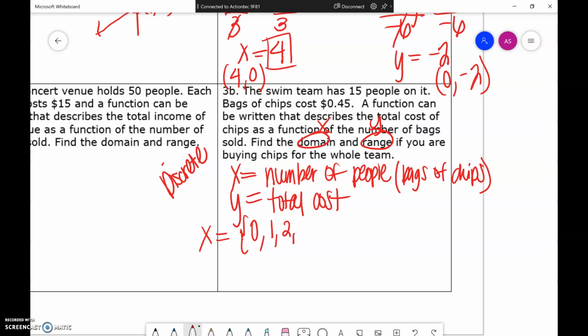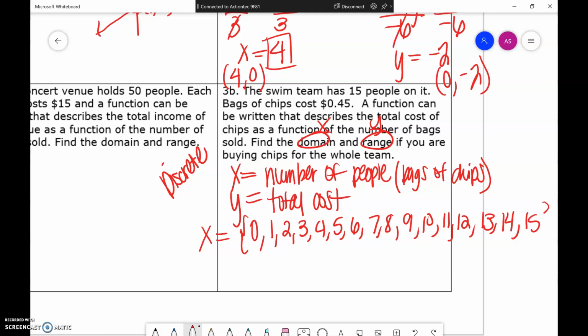And I'm going to list out all my numbers. Do you have to list out all the numbers? Yes, you do. All right, and then close bracket. Okay, then